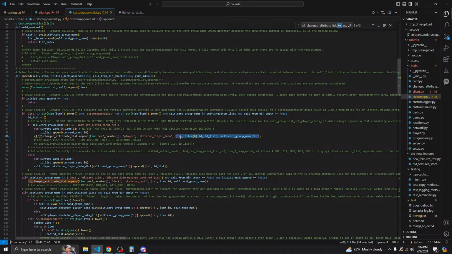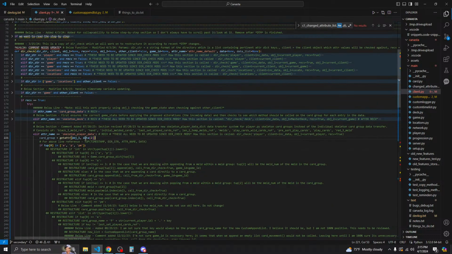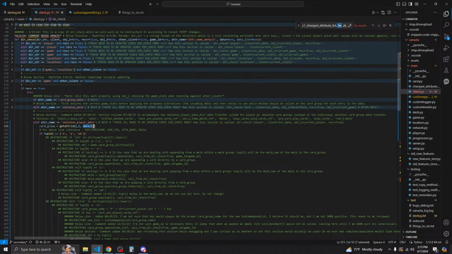So we want to access at index 0, 1, at index 2. That is the card group name. Data at index 2. So let's go back over here. Yeah, it's data at index 2, and this is the actual card group, because this again is going to be that card group name slice string.